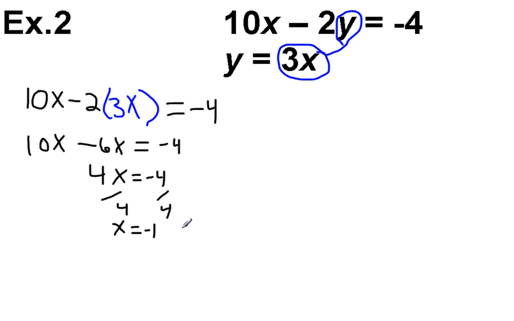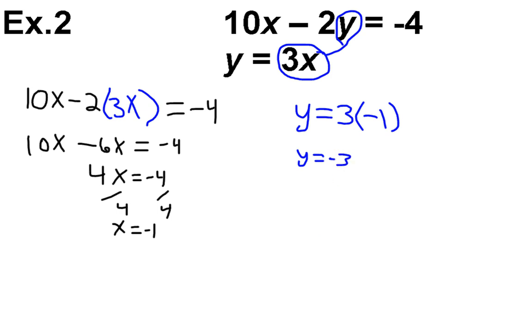So now, you're going to take that x equals negative 1 and plug it back into one of the original equations. It's up to you, but I think probably the second one, this y equals 3x, would be easier. So y equals 3, but instead of writing x, we know x equals negative 1. So we're going to substitute negative 1 in. So y equals negative 3,